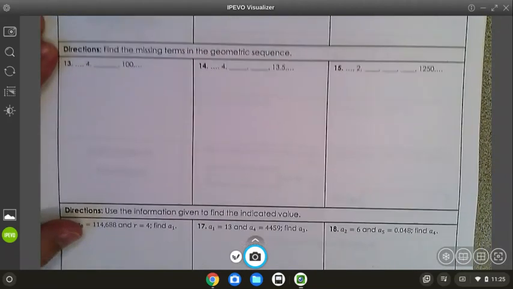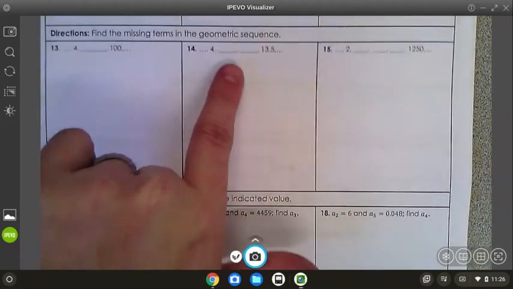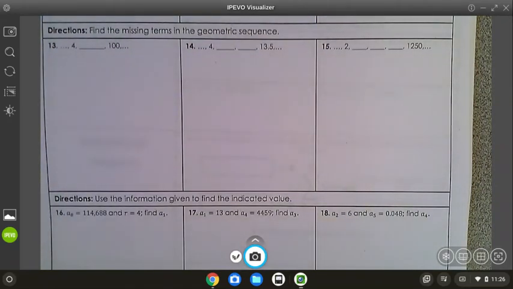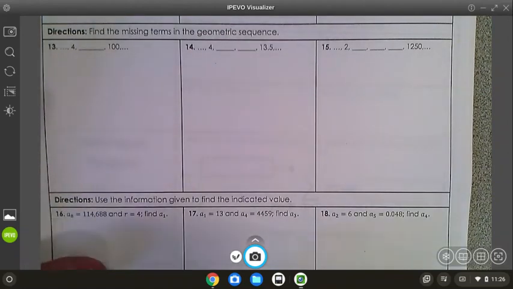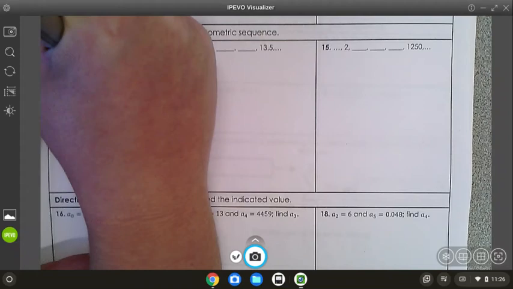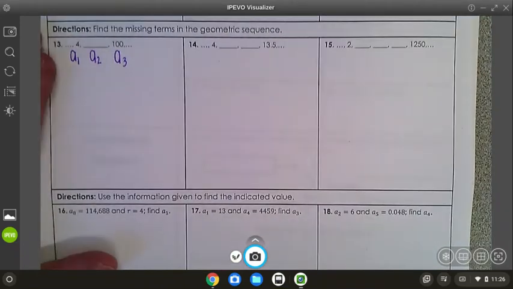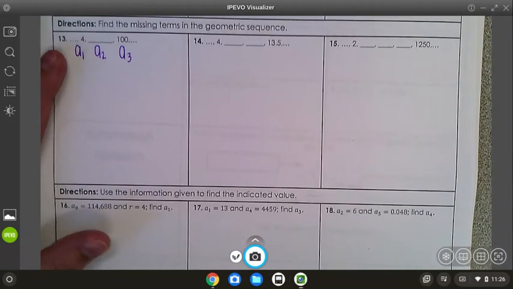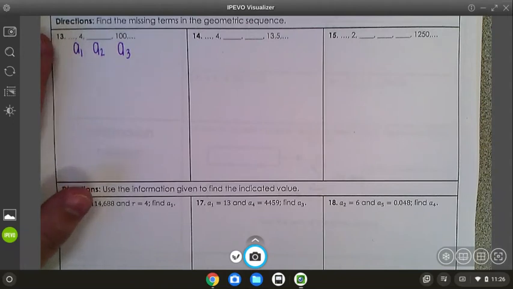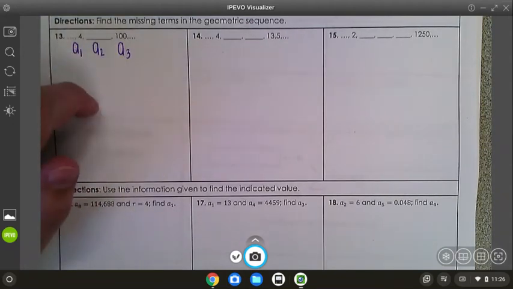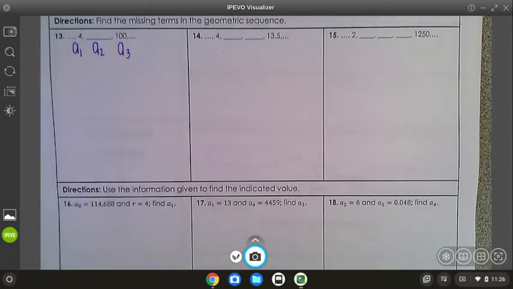Okay. Now we're going to move on to some questions where there's a missing term. And it could be a little bit more complicated with the geometric, but you still just have a pattern or a specific step that you do. You just have to remember that. So if this is my A1, this would be A2, this would be A3. Yeah, you could guess and check. If you forget the process, at least try, just guess some numbers. And remember, this is geometric, so we're multiplying. So it's a little different. But the actual way you do it